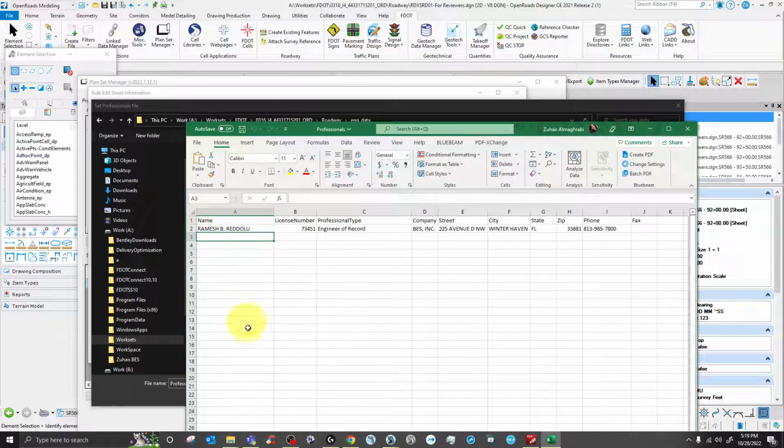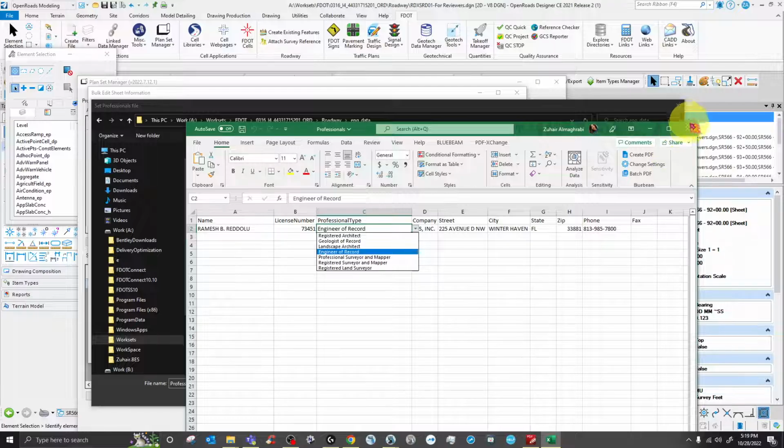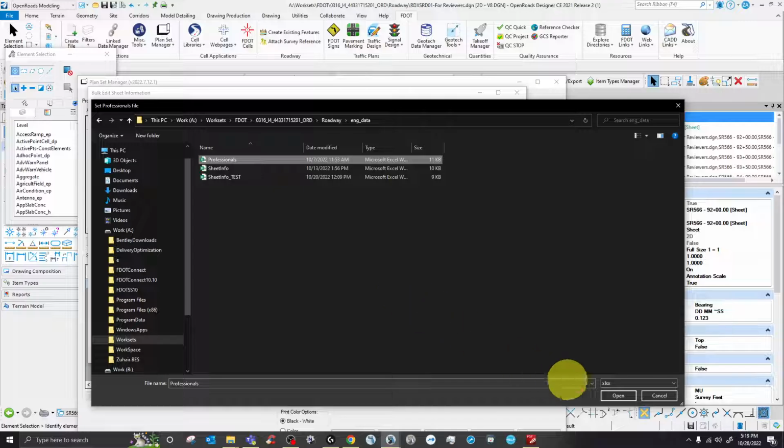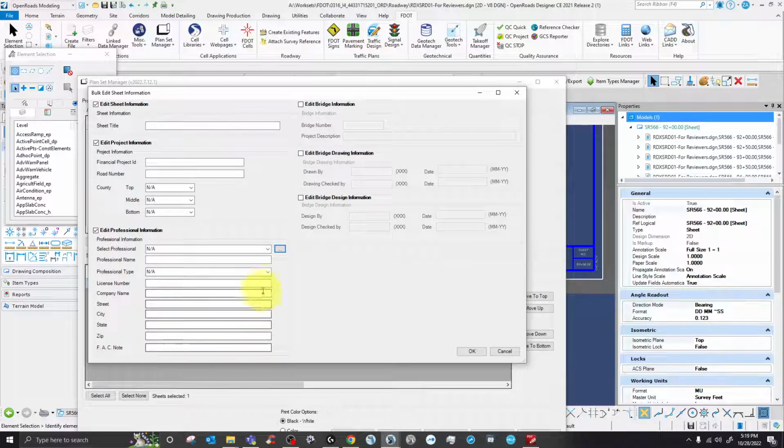You can have as many as you want, engineer of record, surveyor, registered architect, whatever they are, just put them here and fill this stuff. Then select this, and this is where the tool is gonna get that information from. You have everything here, and then project number